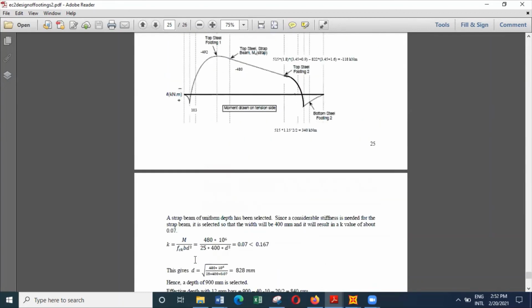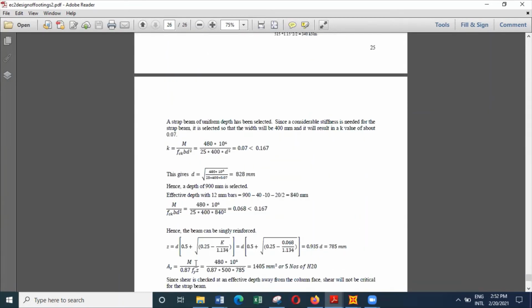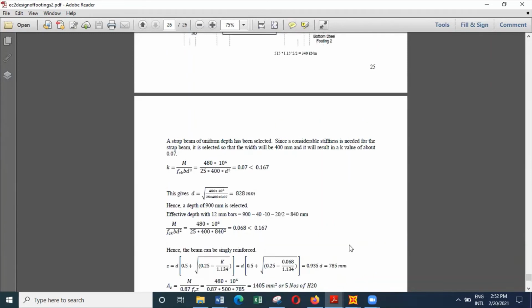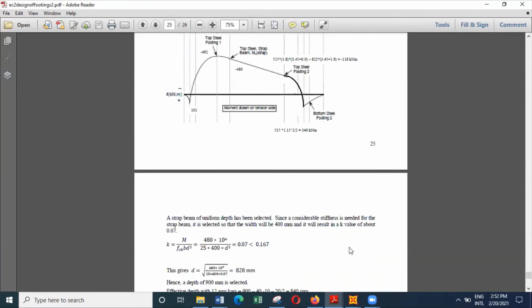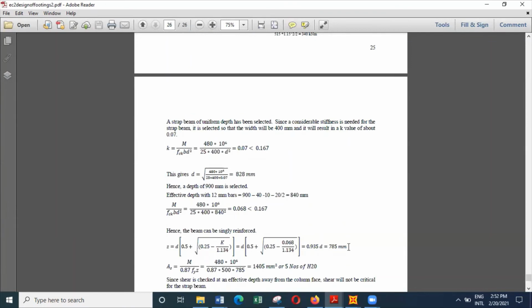So the bending moment is 480, and we have found the reinforcement requirement as 5 numbers of H20 bars, or 1405 millimeters squared. So basically, you can see that for a 900 millimeter deep beam with 5 numbers of H20 bars as the top reinforcement,